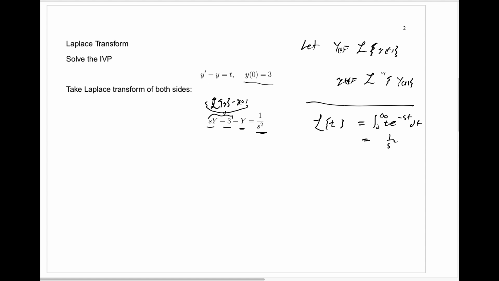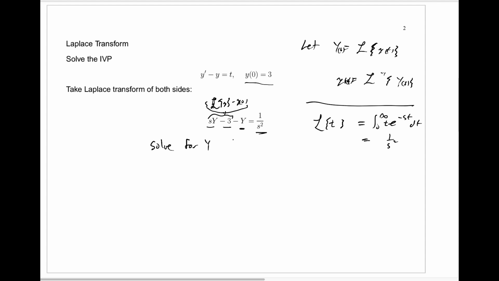We've now taken the Laplace transform of both sides. Now, you'll notice when we've done that, we've converted a differential equation in little y into an equation in big Y, but it's no longer a differential equation. We only have these capital Y's here. The point of using the Laplace transform was that the Laplace transform of the derivative of a function just looked like, in this case, s times the Laplace transform of the function itself with the extra constant here that we had. You don't have a differential equation for capital Y, just a regular old algebraic equation for capital Y, which we can solve easily